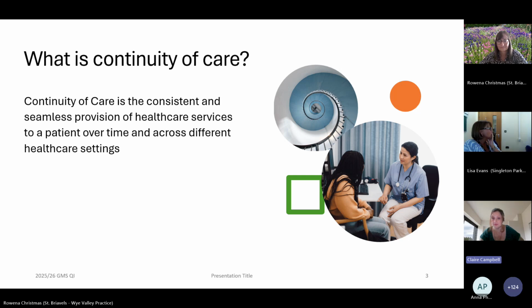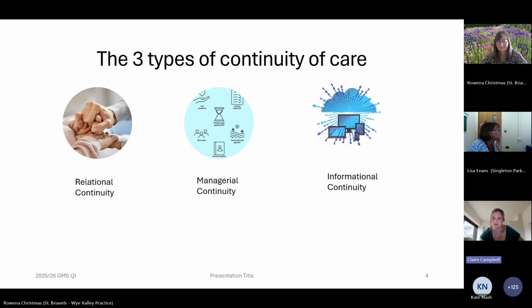There are broadly 3 types of continuity of care. Today, however, we'll focus more on relational continuity. Relational continuity is about the ongoing relationship between a patient and their clinician. It's important to note that there are many healthcare professionals within the primary care team, and that GP might not be the best person to provide that individual's continuity. For example, a patient with diabetes or COPD might have the most contacts with the practice nurse, and they could provide the continuity of care needed. And then the nurse could ask for other members of the healthcare team to support the patient where needed.